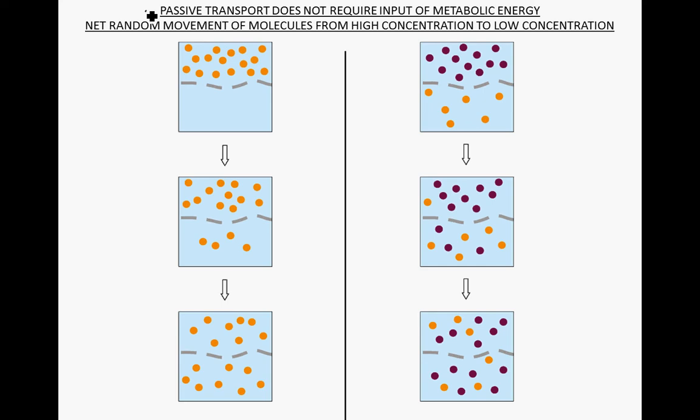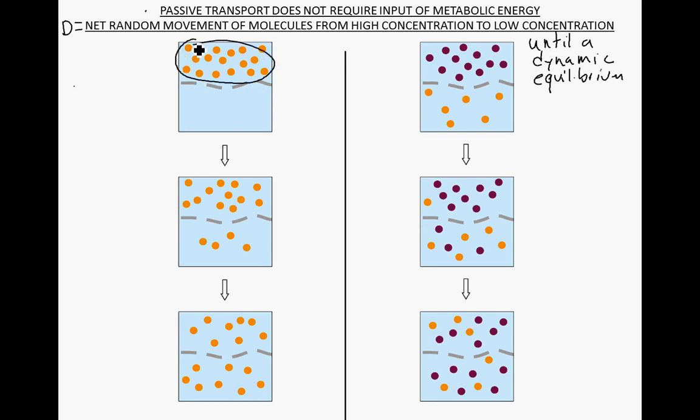So diffusion is the net random movement of molecules from an area of high concentration to an area of low concentration until, I'm going to add this on the end here, until a dynamic equilibrium is established. So if we look at the images on the left here, we have an area of molecules that